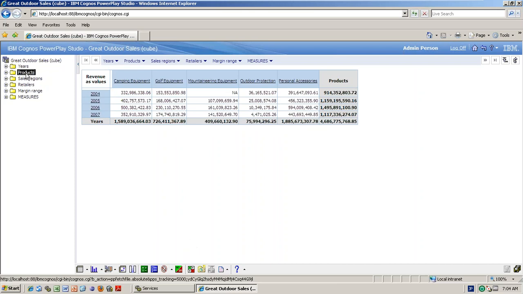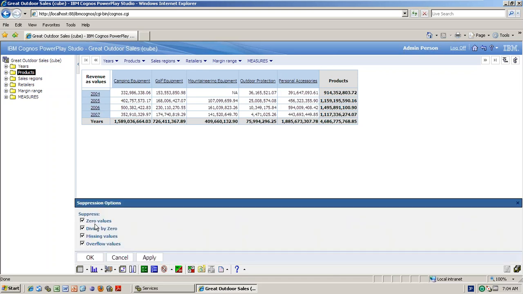Anybody, can you please tell me what do you mean by suppression till now? What do you understand? Anybody? What do you mean by suppression? If, for example, in a row there is no data, if it's a blank row or column, we can delete them by suppression. Okay, so exactly, if it is all blank values, all zero values, all infinite values, all not applicable values, all overflow values, that particular row will be hidden.